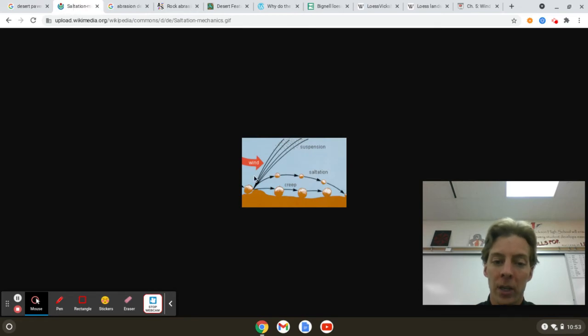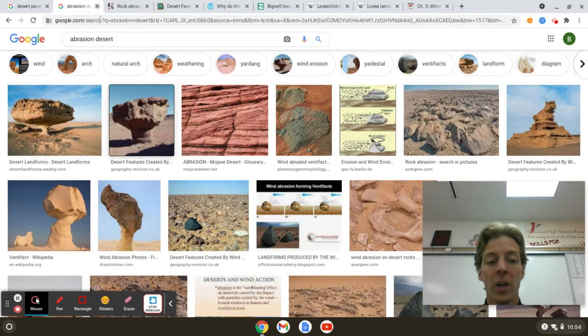Saltation, you may have seen this little thing here. So this is the sand up in here. Saltation is medium-sized particles that bounce along. They're not light enough to get blown around in the wind. They get up in the wind and then they come right back down and repeat. There are other particles that are even a little bigger that just kind of roll along the ground and creep. So blown in the wind, saltation, and creep are ways to move things.